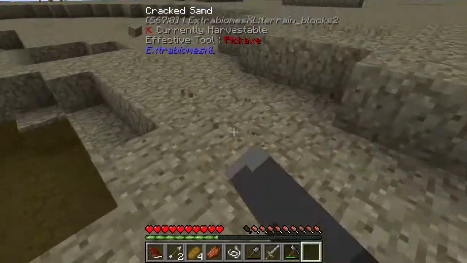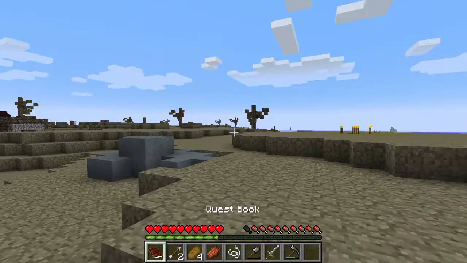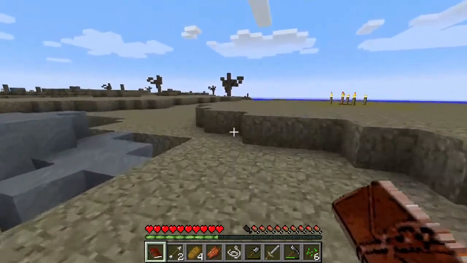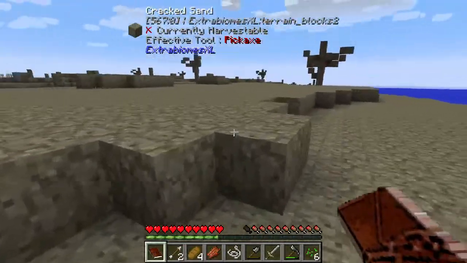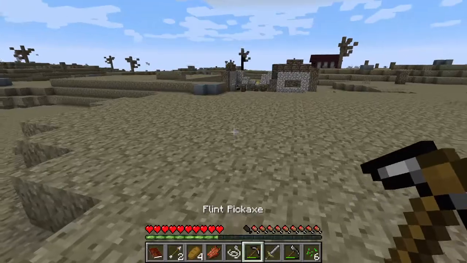I just got one of the pieces of coal, and I believe that was the other. So let's check the quest book here. I did indeed. I'm going to claim my reward. This puts us in a pretty good spot. We do need building materials now, though. So let me